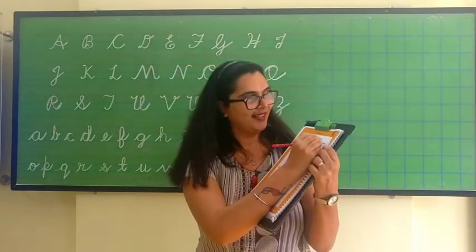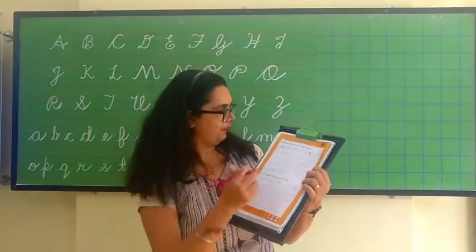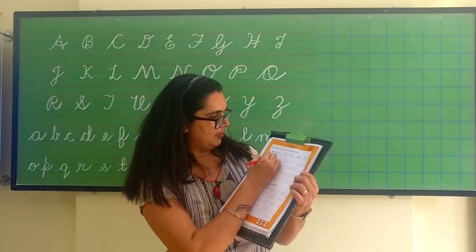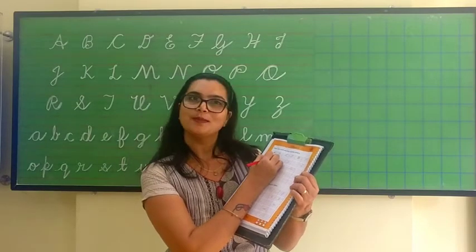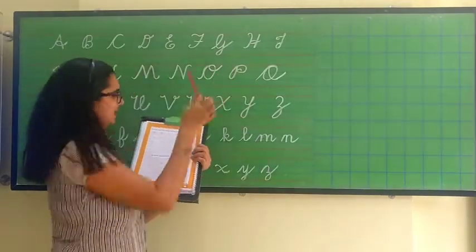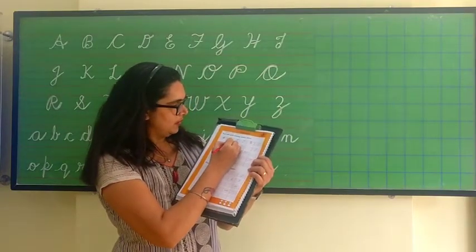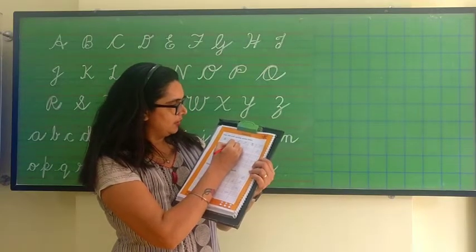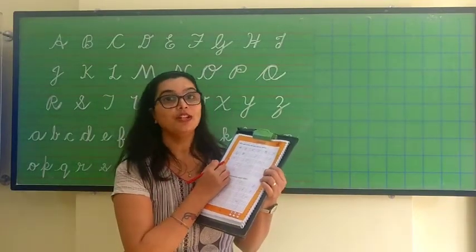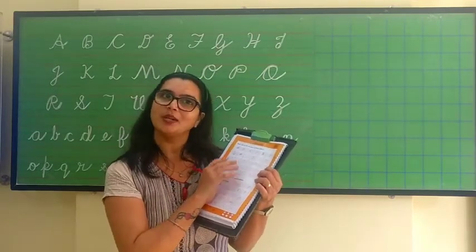F. A wave, a turn and a sleeping line. That is F. G, a big curve to the red line and then to the red line, and the first blue line we are going to make a slant line, that is cursive G. After G comes H. So let's write H. Children, how many times we practice, we will understand and we will know how to write the cursive letters. So children, keep on practicing along with me.